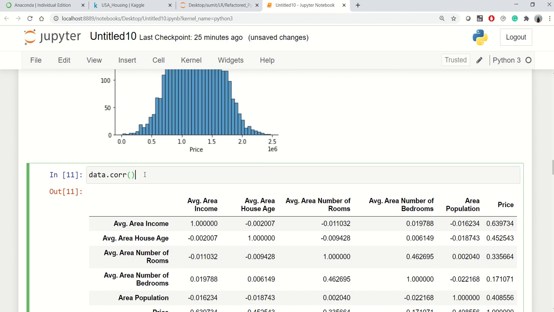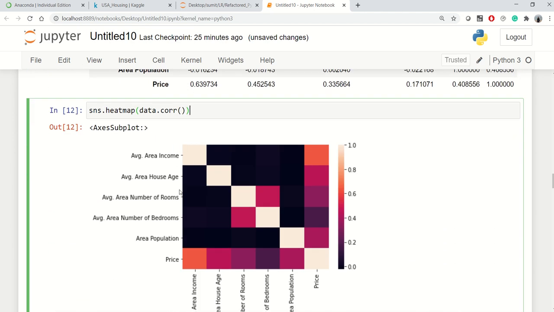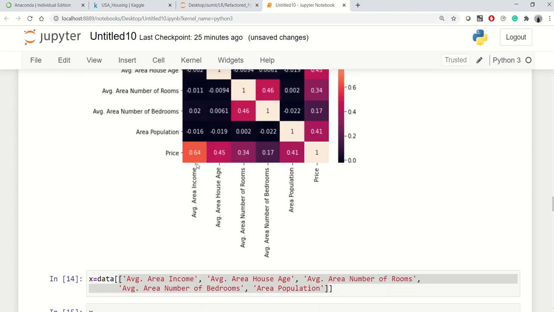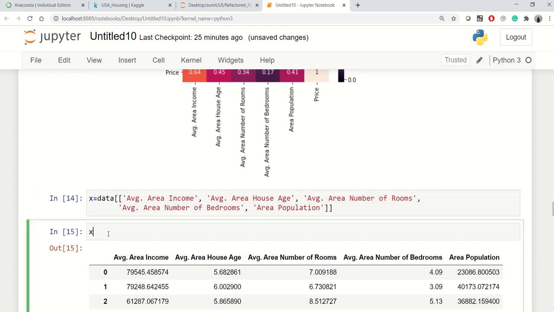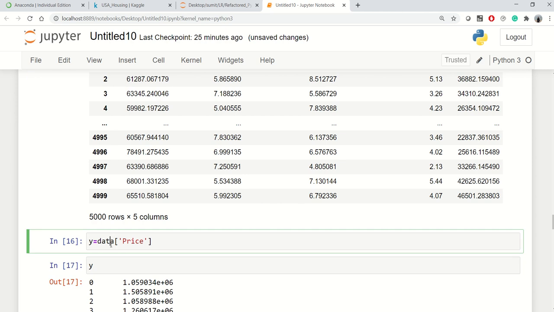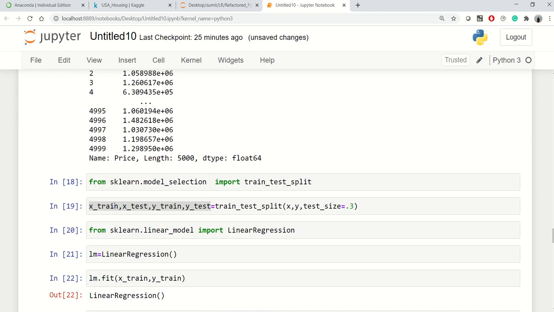We learned how to find correlation and how to draw it using a heat map. Then we learned about separating the features and the target column, so separating independent and dependent columns, and how to do train test split.